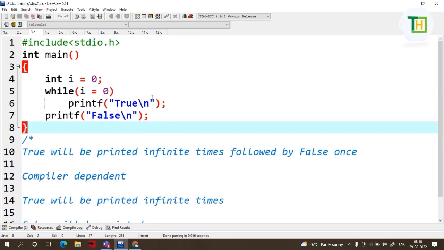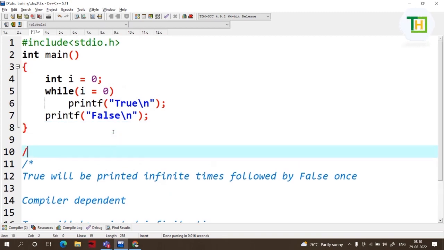In the last class also we already discussed that 0 represents false. And either a positive number or a negative number represents true. In any language, not only in C, in any language, a positive number or negative number represents true. 0 represents false. Okay. Now